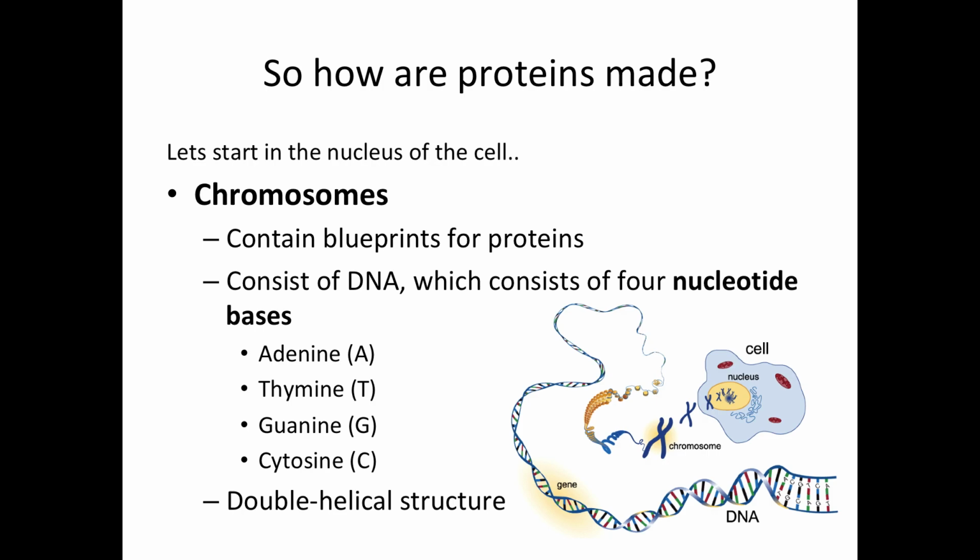So these blueprints specifically are the genes. Genes are small segments of DNA, and DNA rolls up into a chromosome. So here in this picture, it's pretty clear. Here you have a cell, here you have the nucleus. In the nucleus, you have all these chromosomes, which look like this. And then if you unwind those,